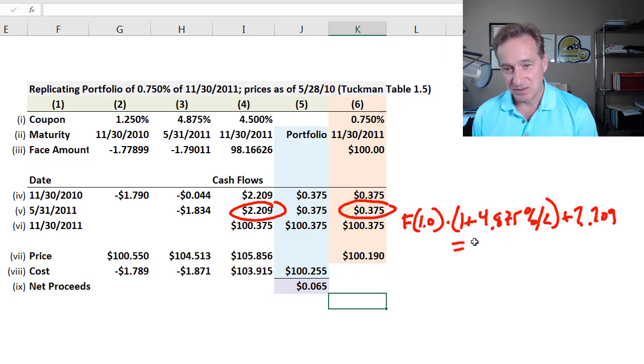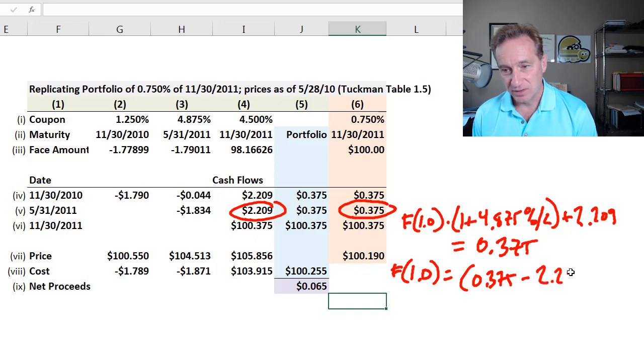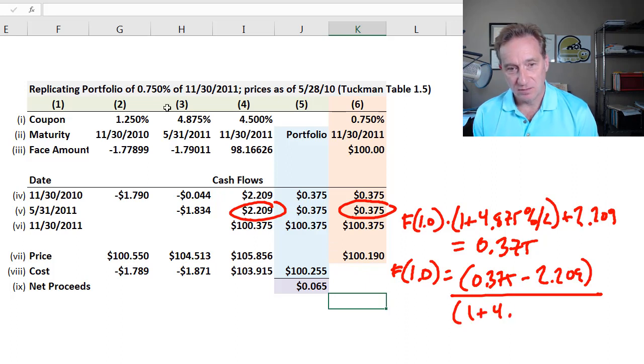I need that amount to equal 37.5 cents, meaning the amount of face value of the 1-year bond that I need is my 37.5 minus 2.209, and I divide that by 1 plus 4.875% divided by 2,